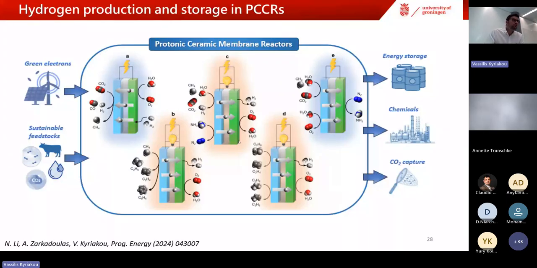To do that, for instance, see case A, if you want to combine, like we try to do now in a European project, the co-electrolysis in a protonic conducting cell, but this time, if you operate at lower temperatures, like 400 degrees or 350 degrees, then you can go to products beyond synthesis gas. You can even produce something like methane or another type of hydrocarbon, or even olefins. This is what we want to achieve in the project. So the key here is to decrease the operation temperature.